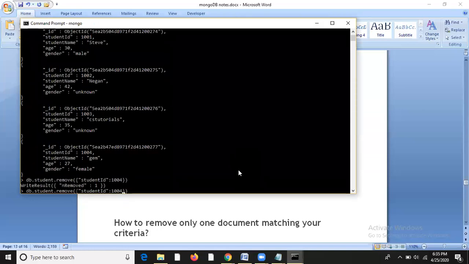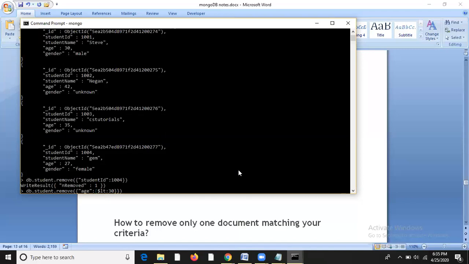How to write that query: remove, and inside that I will use age, and then I will apply the lt criteria, which is nothing but less than, with the value 30.